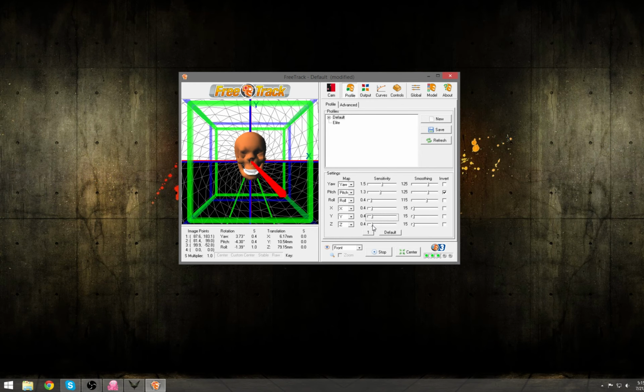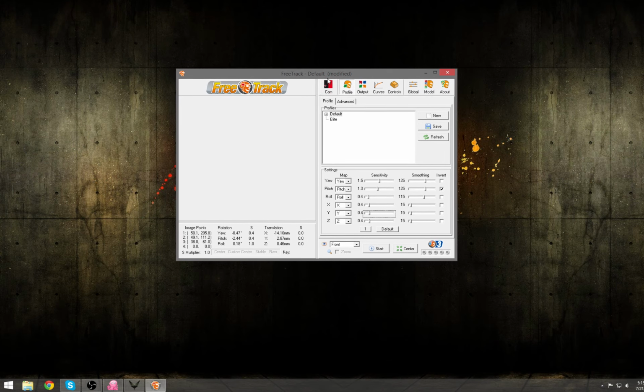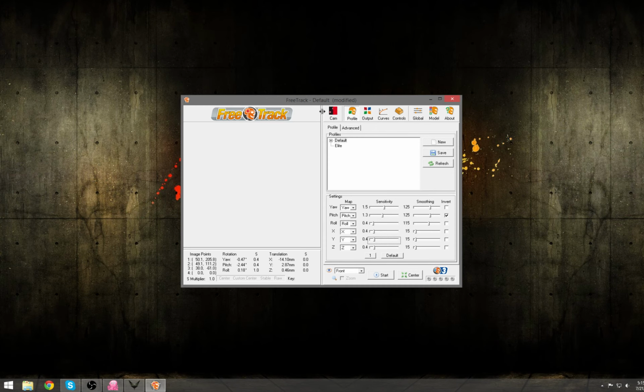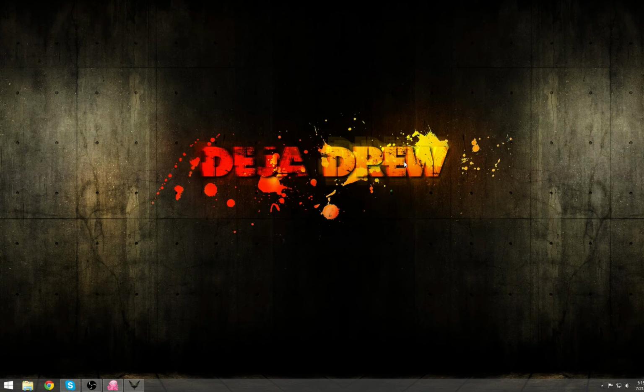So it gives you the ability to move around in ways that you normally wouldn't have the ability to in games. So that's it. That's all you need to do to get Freetrack working with Elite Dangerous, as well as other games that support TrackIR. Hopefully this stands, and hopefully it doesn't cause many problems. I have only tested this on my machine and one other, so I'm sure that there's some problems with this hack. It's definitely not the most elegant solution, but it does work,